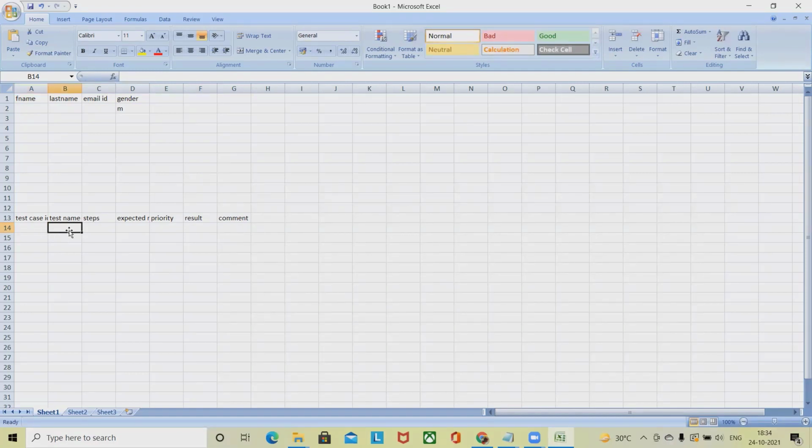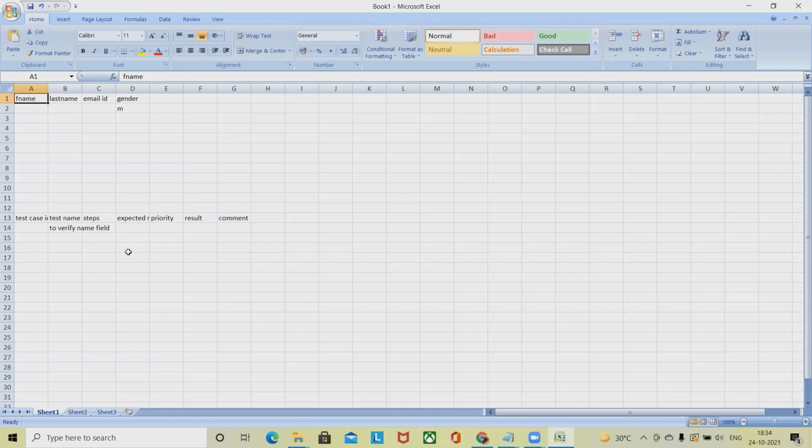Test name will start with "to verify name field." Here you can also add test data. Inside the test data, you can collect the test data from this sheet and enter that. So this is how we can create the test cases in detail.